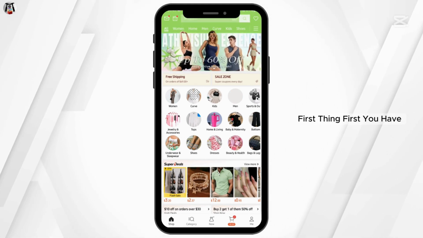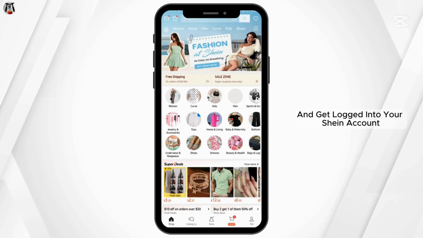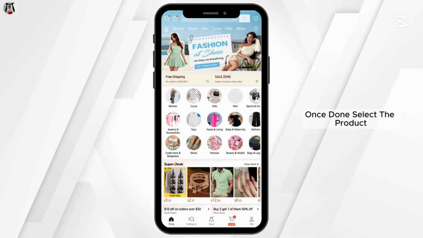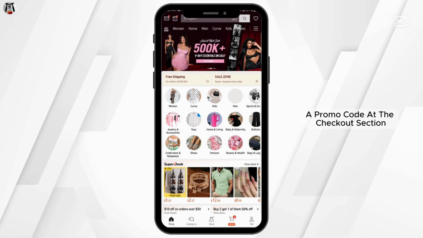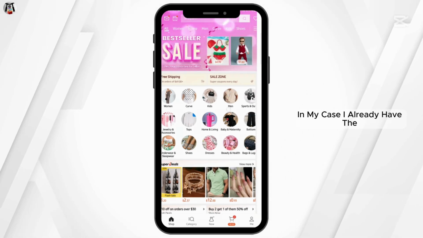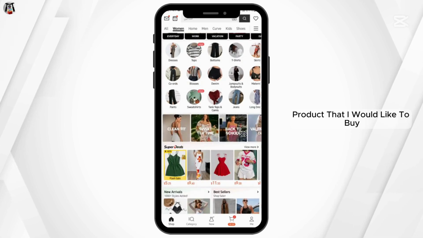First thing first, you have to open up your Shein application and get logged into your Shein account. Once done, select the product that you would like to buy first because you can only redeem a promo code at the checkout section. In my case, I already have the product that I would like to buy, so let's